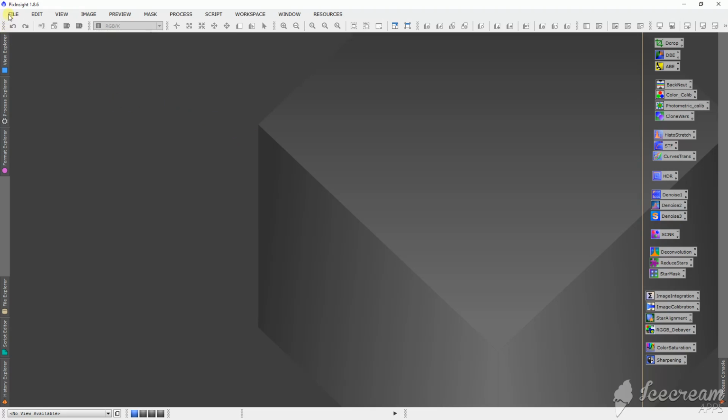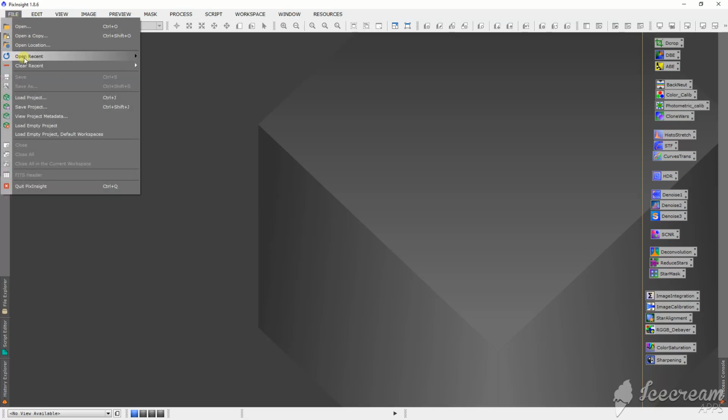You'll notice I'm using Pixinsight 1.8.6. I've upgraded to this from Photoshop earlier this year, I think in January or February. It was one of the greatest upgrades of my astrophotography I've ever done. I highly recommend Pixinsight. So I'm going to just start by showing you